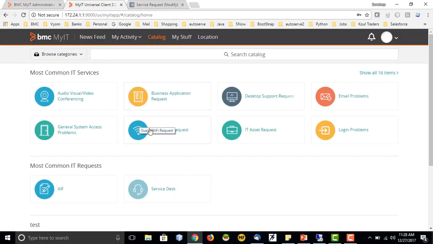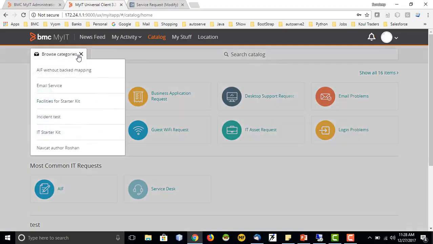So what exactly is the catalog section? The catalog section basically provides us a view of all the service catalogs, or all the services which have been configured by us for the customers. Whatever services or catalogs we built in Service Request Management or SRM through the designer, or using the out of the box templates, all those catalogs can be made visible here in MyIT. Again, this is a configurable thing. Depending on our need, we will make them visible in our MyIT page.